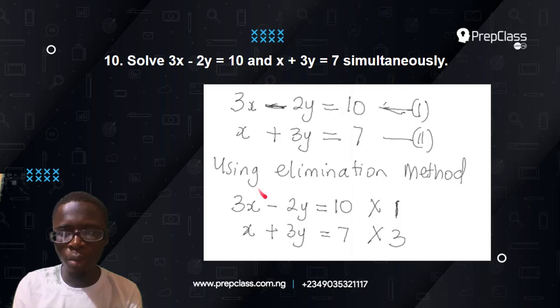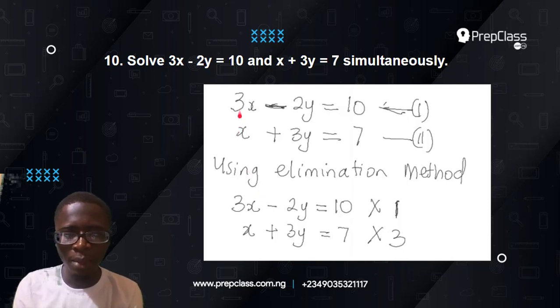Now to use the elimination method, we pick the coefficient of this x to multiply equation 2, and in return we use the coefficient of this x to multiply equation 1. So that's just what happens here. 1 times 3x is 3x, 1 times minus 2y is minus 2y, 1 times 10 is 10. So as you can see, now if we proceed with this same approach,